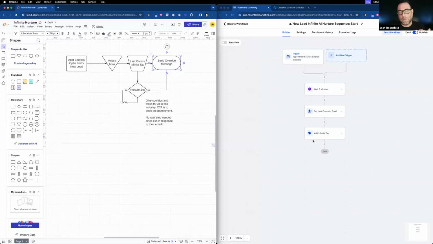So when I send the override message, we're going to just immediately go into human-to-human conversation, not here's a long email, here's another long email, here's another long email. It's just going to start talking to the person. And what we're going to talk to the person about is this. All we're going to do is infinitely give cool tips and tricks for AI in this industry. Because if you just talk about